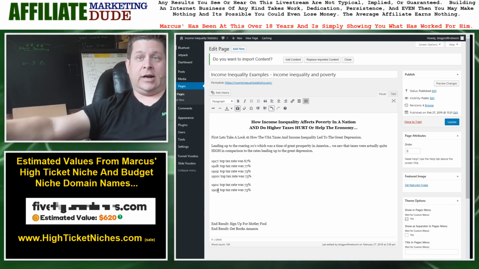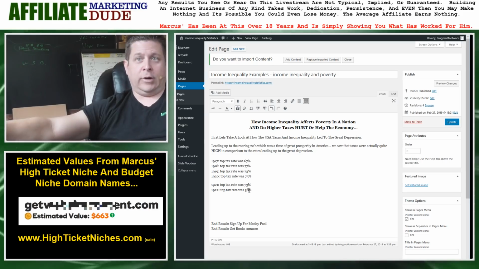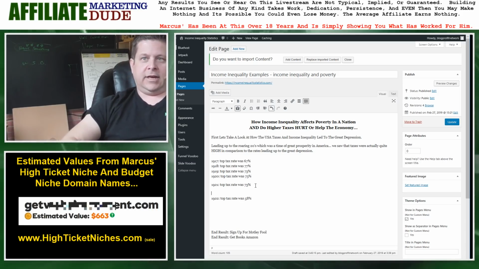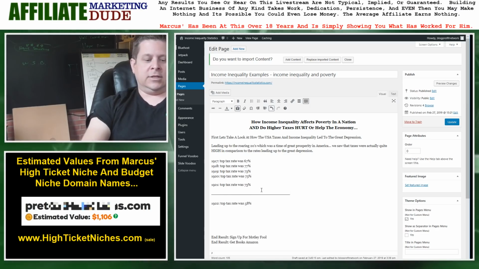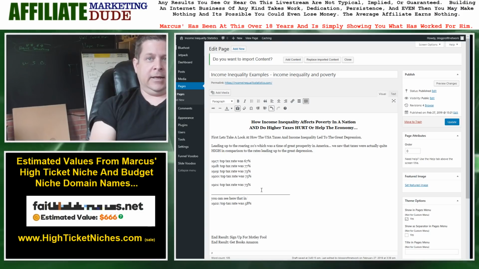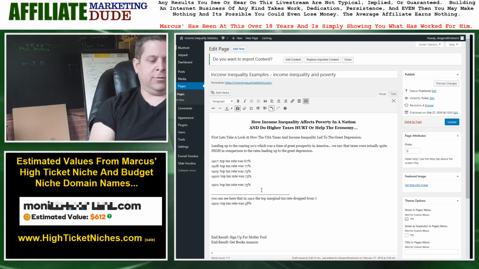1922, it starts to drop. It is at 58%. Wow, what a drop, right? Imagine if taxes shot up to 58%. People would freak out. Okay, and you can see here that in 1922, the top marginal tax rate dropped from 73%